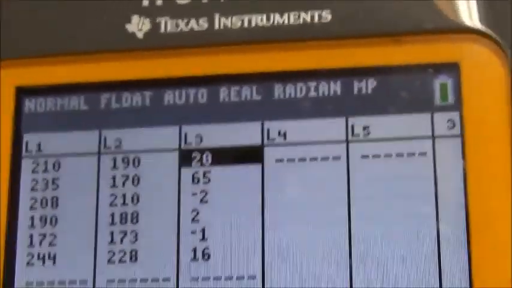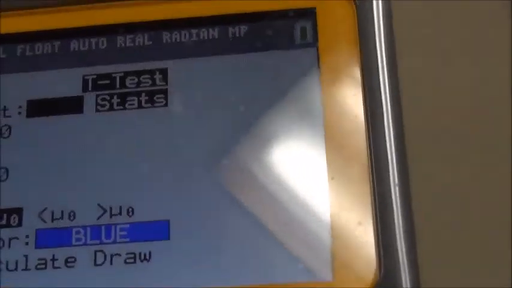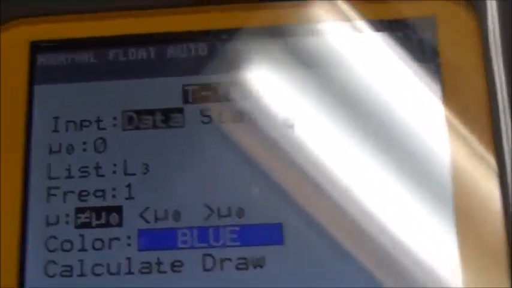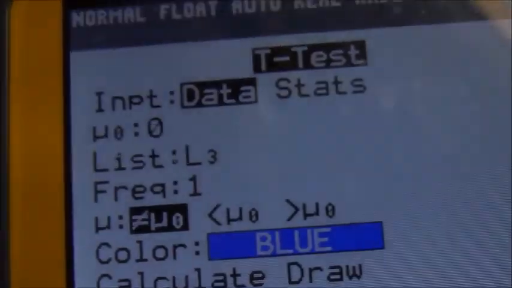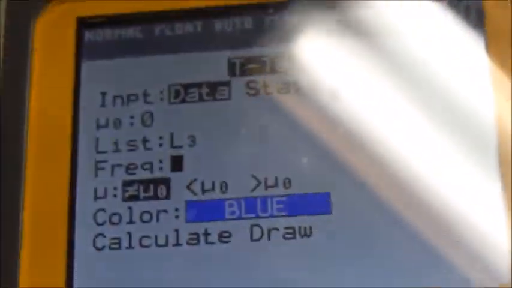So once our list is in there, then we are going to press Stat. So again, I'm going to go to the Stat button. I'm going to cursor over to Tests, and this time I'm going to do number 2 to do a t-test. So just the plain number 2, I'm just going to do the plain t-test. I am going to use the data, so I want data highlighted and I want to hit enter on that so my cursor is blinking on there. My mean value is going to be 0, and then for my list I need list 3. If you don't have list 3, you're going to hit second function and number 3. Second and number 3 will give you list 3. Frequency of 1,